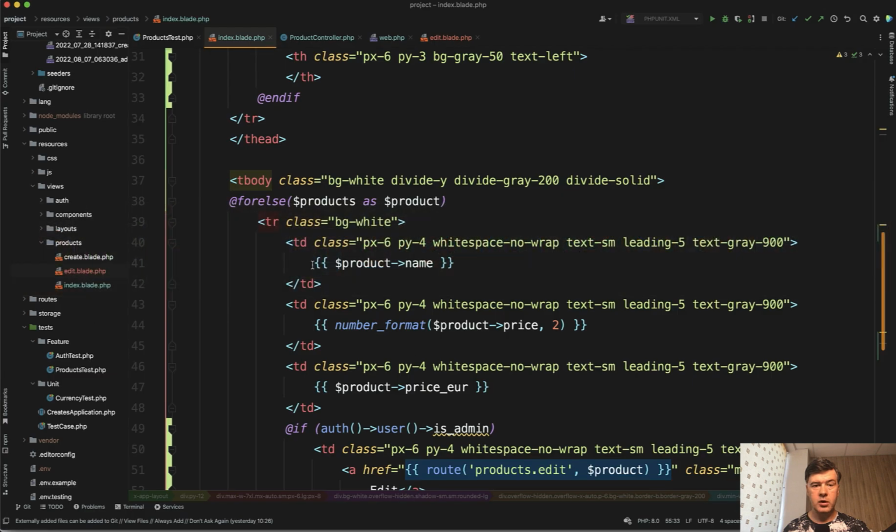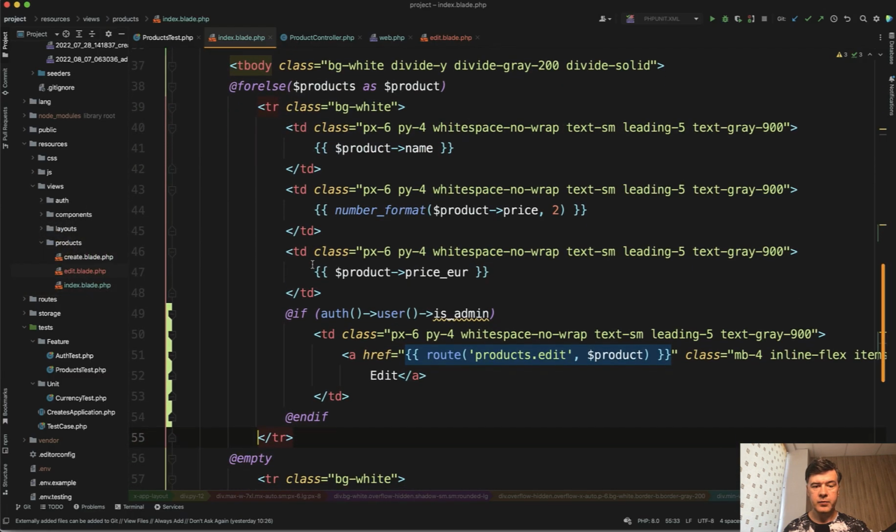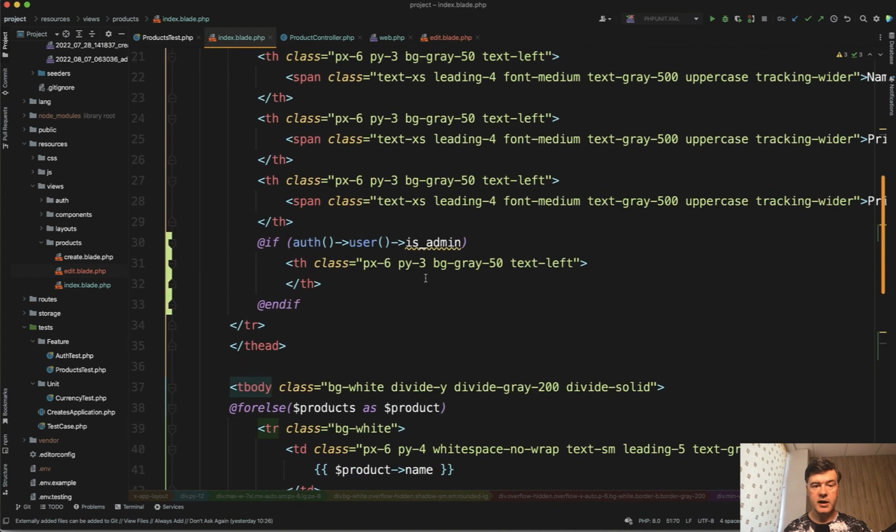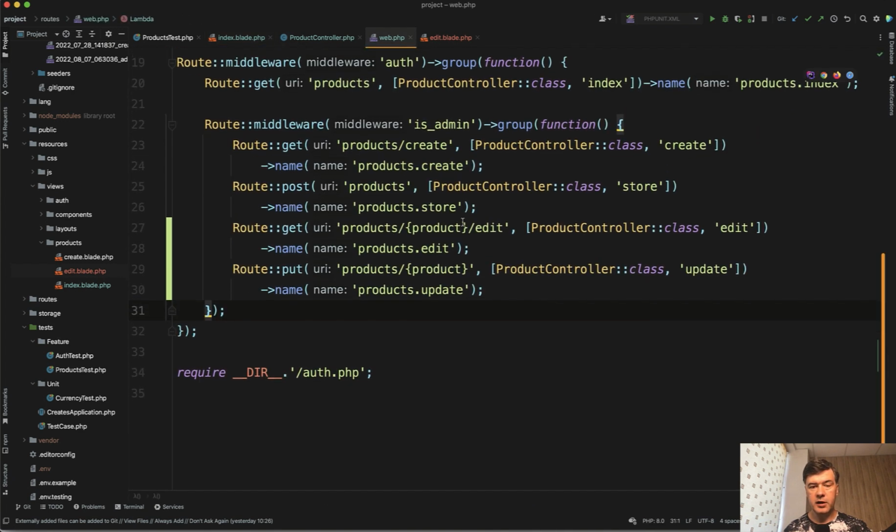First, as usual, what is the code? In the index blade, I've made another column with the edit button, again protected by isAdmin, routing to products edit, and also a header, an empty row. Then the routes are products edit and product update already. We will talk about update in the next lesson, but the route should be prepared already